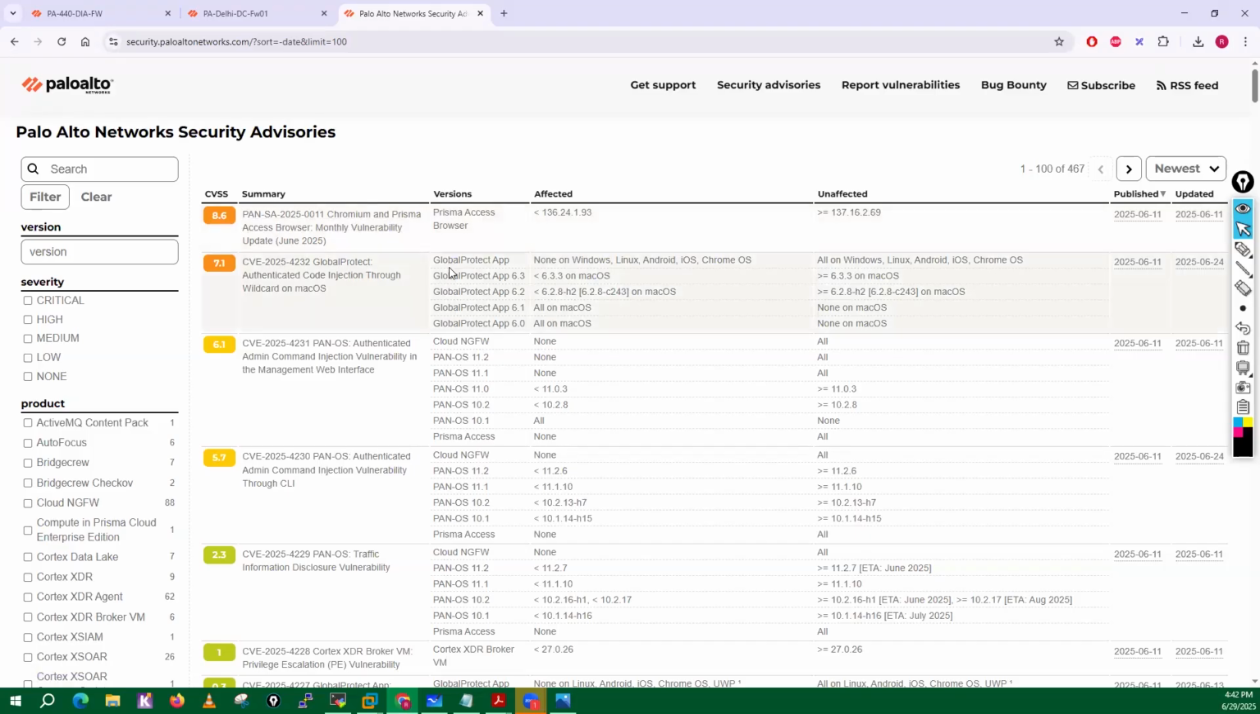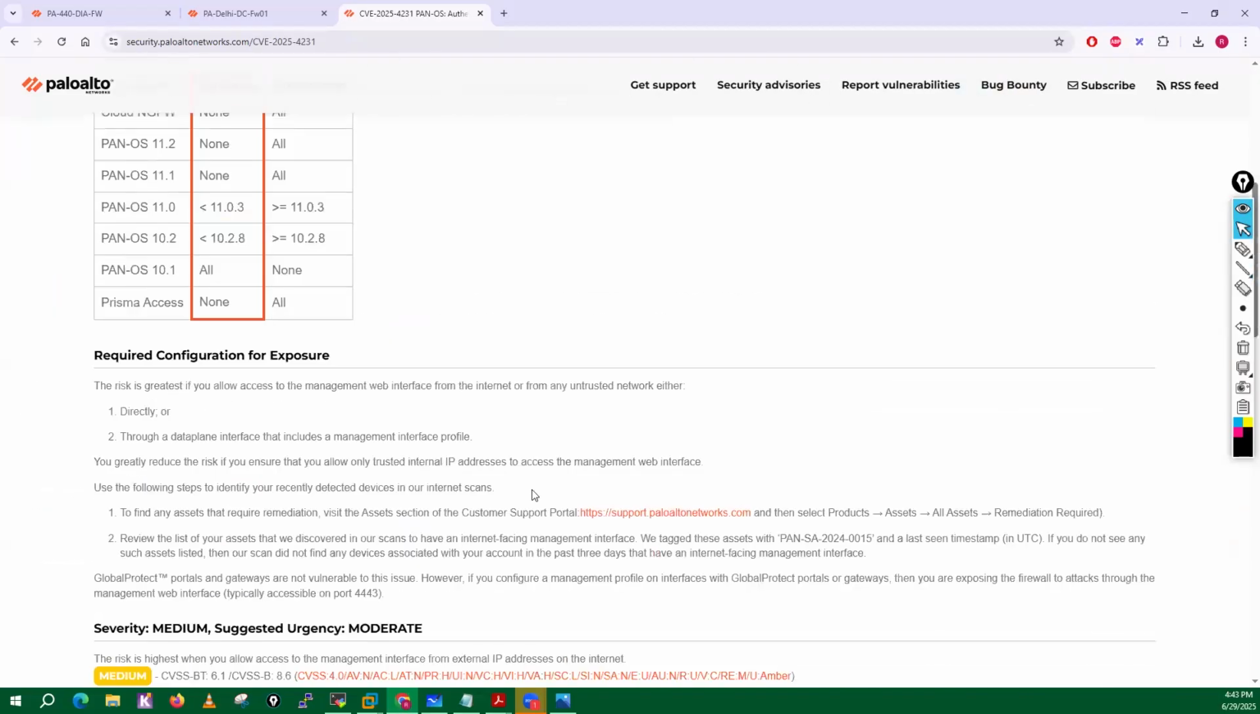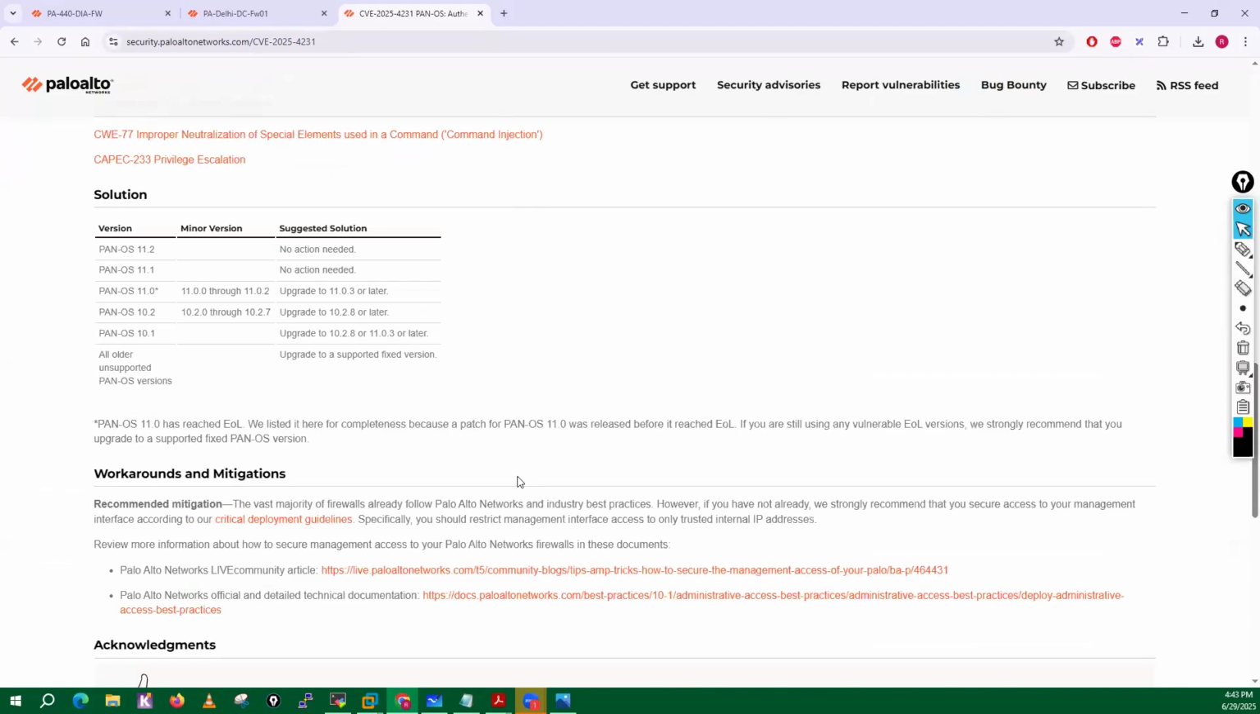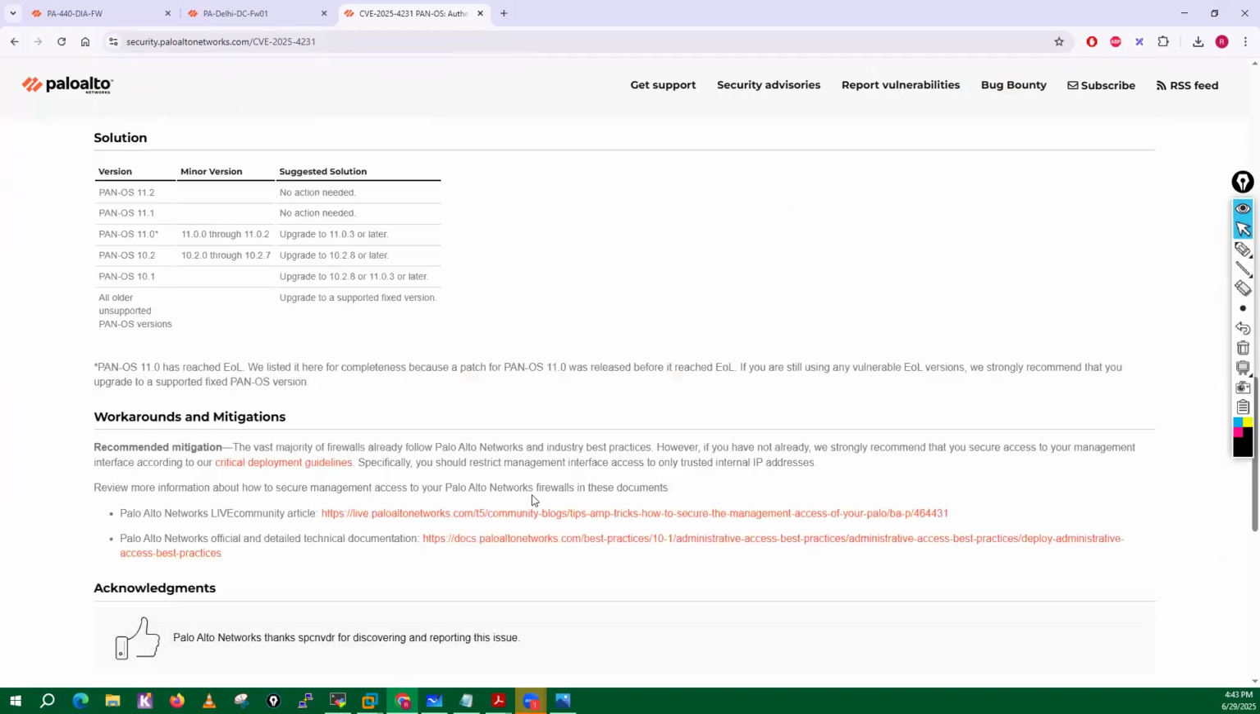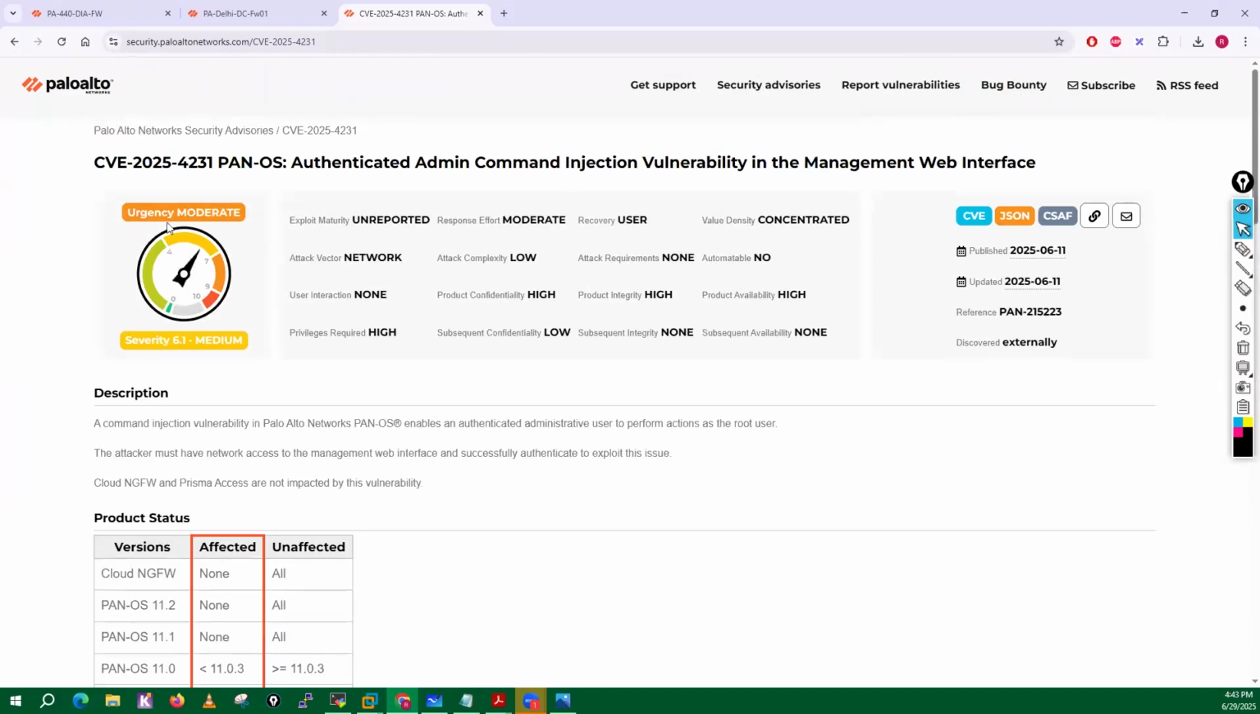Like in the GlobalProtect app, it has some types of vulnerabilities, authenticated code injection through the wildcard on macOS. Authenticated admin command injection vulnerability in the management web interface. If your web interface is not secure, then somebody can exploit this vulnerability. You can see this particular vulnerability's details. And if you just put this particular CVE number, copy,